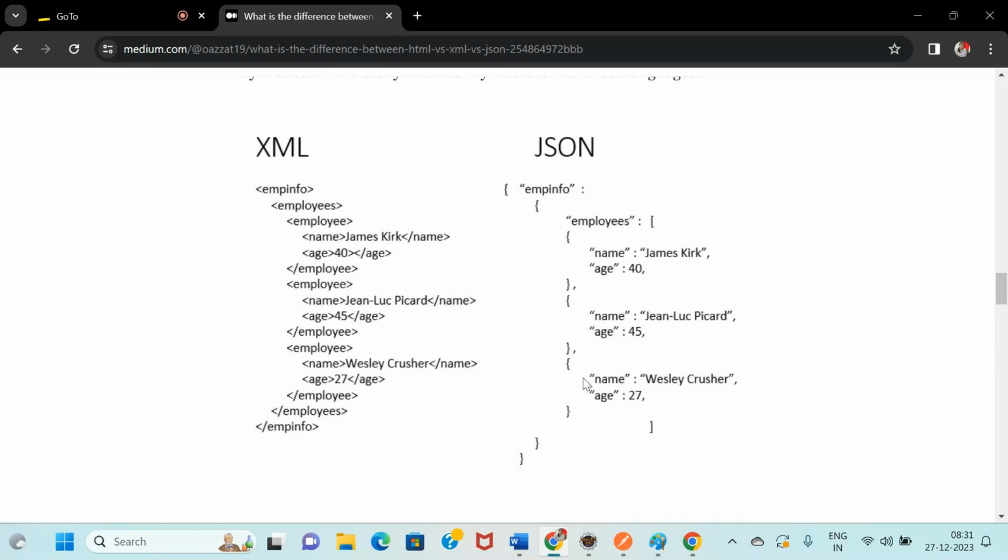If it is taking 5 seconds, it will take only 2 seconds for storing and transferring the data. Since it is in a very lightweight format, storing and transporting data is also much easier for the programmer. That's why all the developers and test engineers are using JSON. They are not going with XML and HTML nowadays. So this is the reason.